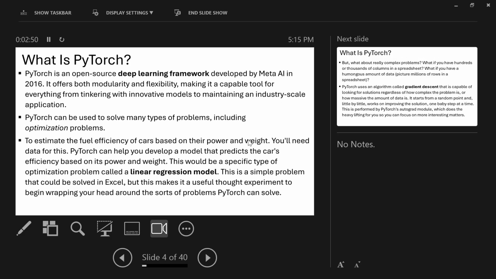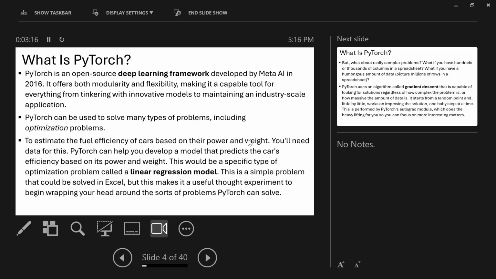So why are we using PyTorch? PyTorch is an open source deep learning framework. All the other ones I've mentioned previously are also open source. But PyTorch was developed by Facebook AI, now known as Meta AI, and it offers a lot of capability.